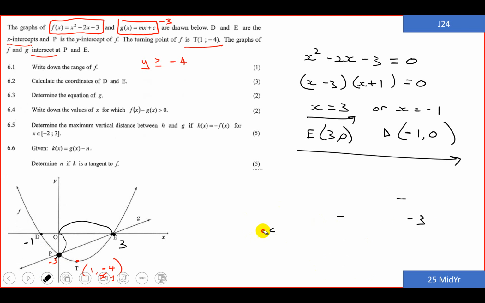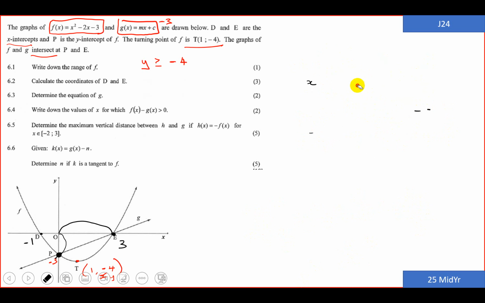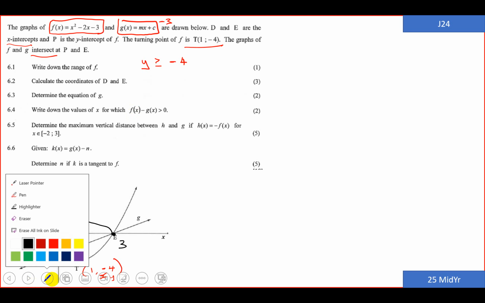Okay, we may need some of the previous answers to help us going forward, so please keep that written down. So the next question that we are reading is 6.4, which says write down the values of x for which the distance between both the graphs